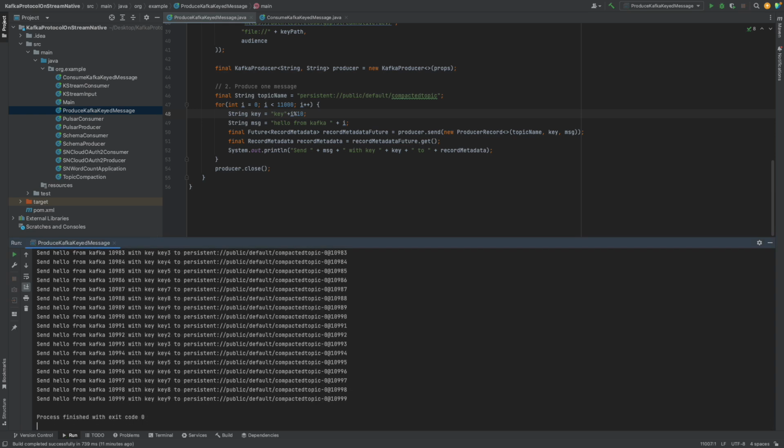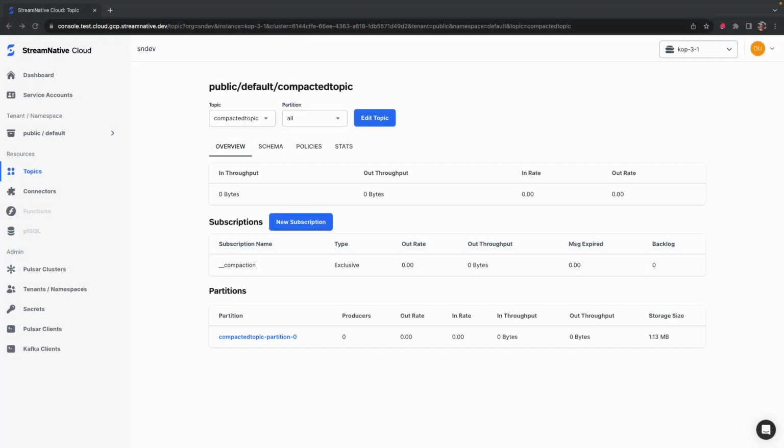And here we finished publishing the 11,000 messages with keys incrementing between 0 and 9. Let's go over to the UI and check our compaction subscription on this topic. We've now published over 1 megabyte worth of data, and when the broker checked if the threshold had been met to trigger compaction for this topic, it went ahead and compacted the topic. The compaction subscription went down to 0 backlog,